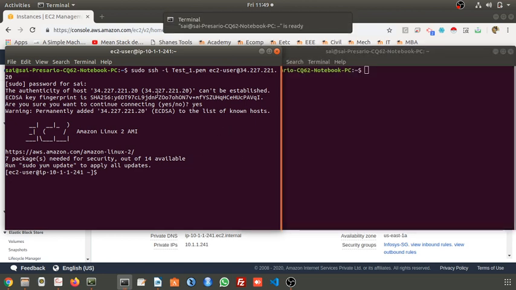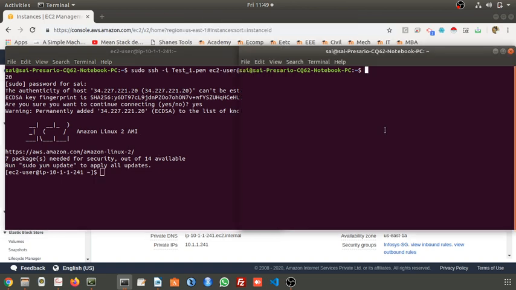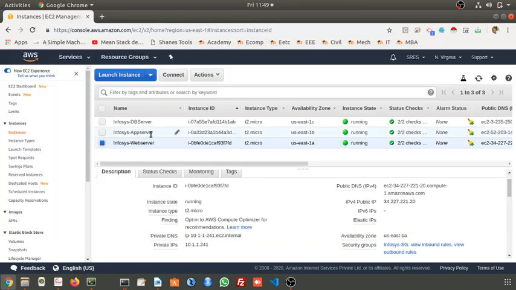This is a web server, and we will connect it to the application server. Let's start with the application server. What is the IP of the application server? This is the application server. So you are connecting to this, and your request will now be converted to this 10.1.2.151.